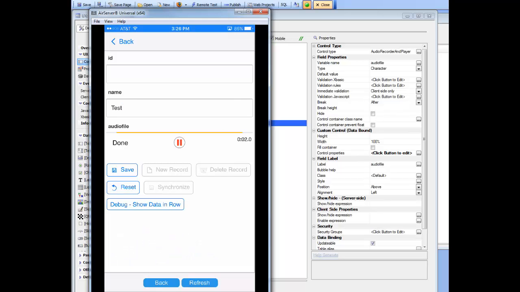So this is a new recording, and you can see that while I'm recording, the indicator over here indicates my recording level. This indicates how long I've been recording for. This allows me to pause the recording, and then when I'm done I can just tap the done button. So now I've basically ended this recording, and now if I go ahead here and hit the save button,